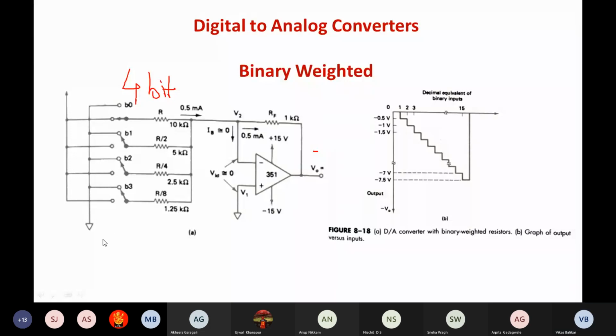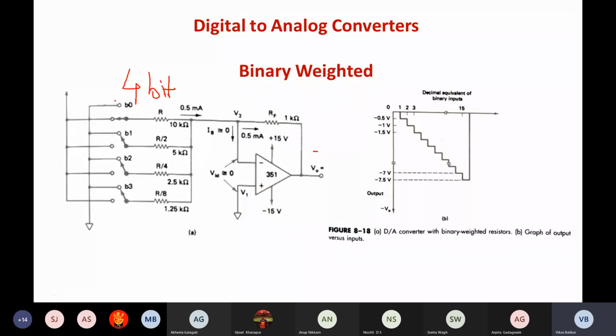Now, an analog output should have 16 possible corresponding values. Since there are 16 inputs that you are giving, there could be 16 corresponding outputs. As you can see, there are 4 switches used to simulate the binary inputs. Why should I use switches? Because I should be giving binary inputs here. Whatever input I am giving should be in the form of 1 and 0. Since I cannot directly give 1 and 0 physically, it is not possible. I need to simulate 1 and 0. How can I simulate it?